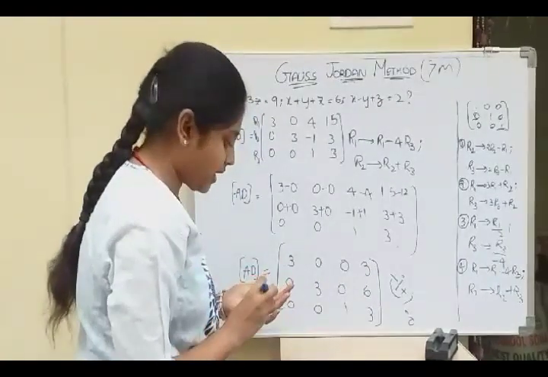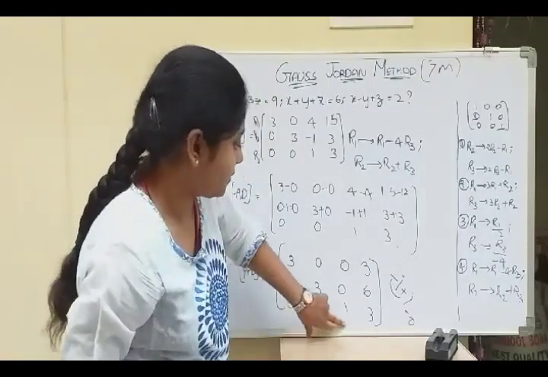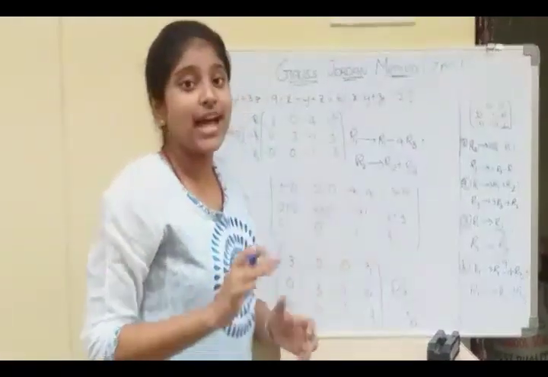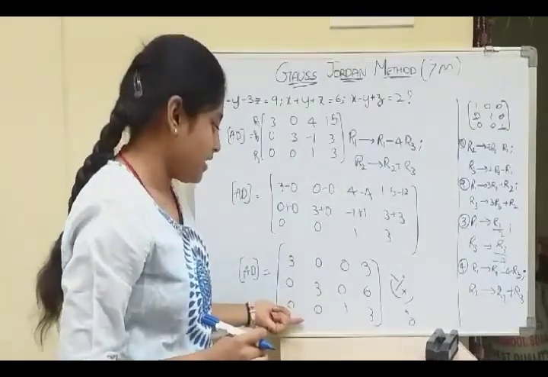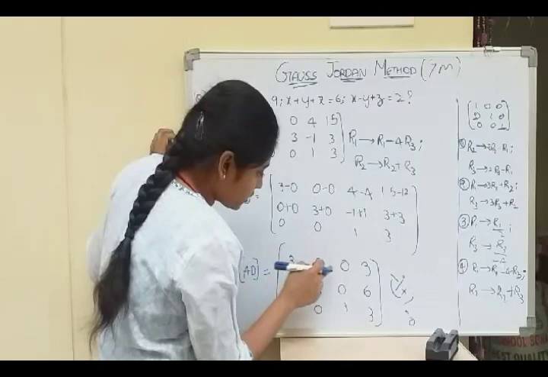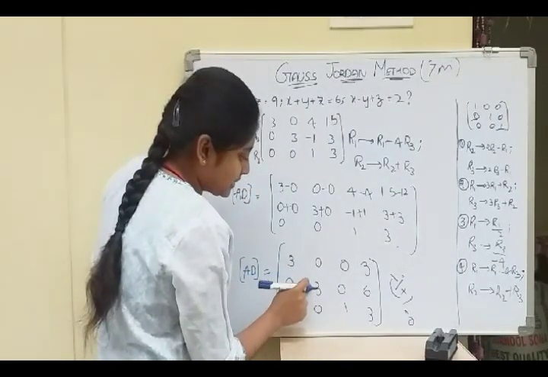Here you have observed that we got the last row here. In the identity matrix, what is the last row? 0, 0, 1. So that's why we are not changing row 3 again. We got the identity matrix last row, that is 0, 0, 1. Here we need to make this 3 as 1 and here 3 as 1.